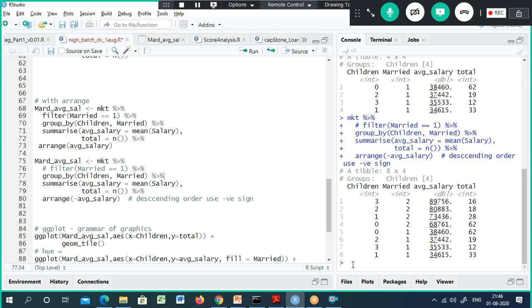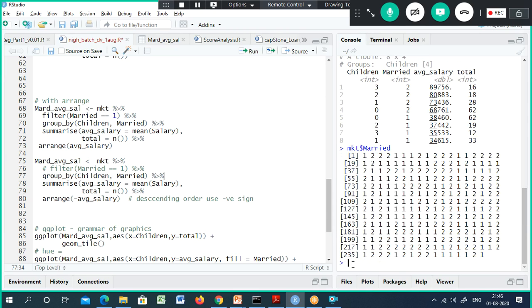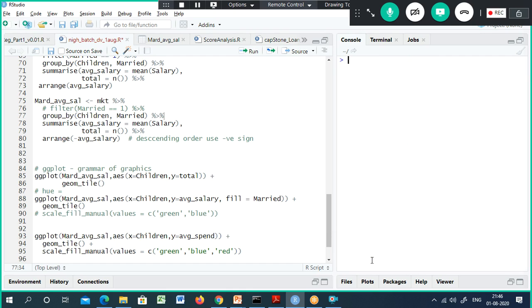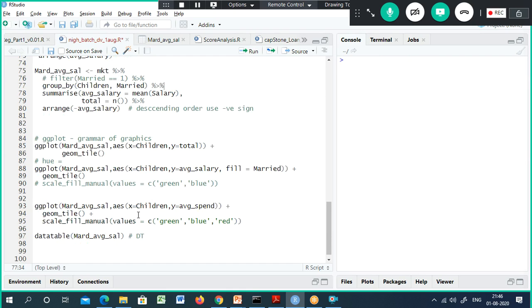Okay, one second. Earlier I converted it to integer, all the confusions, and that is the reason it changed. Now just think 1 is unmarried, single, and 2 is married. Just think that way.